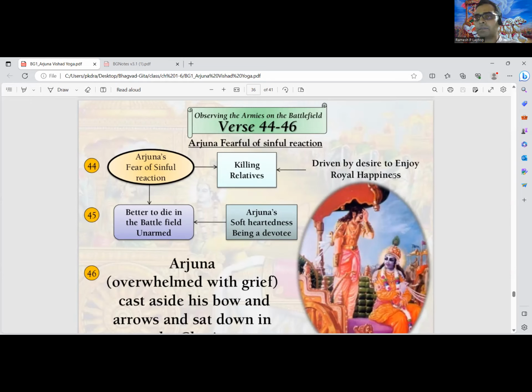This war will only end up in destruction. So he says, why should we engage when we know, right? This is only for temporary gain. And he even points out in one of the verses that when none of them are there, what kind of king, even if he gets that kingdom, how will he enjoy? Because even if you look at us, when we buy a house or anything, we would like to show it to our relatives, friends, and all, right? So he says that when no one is there, what will we enjoy with the kingdom? So he gives multiple reasons.